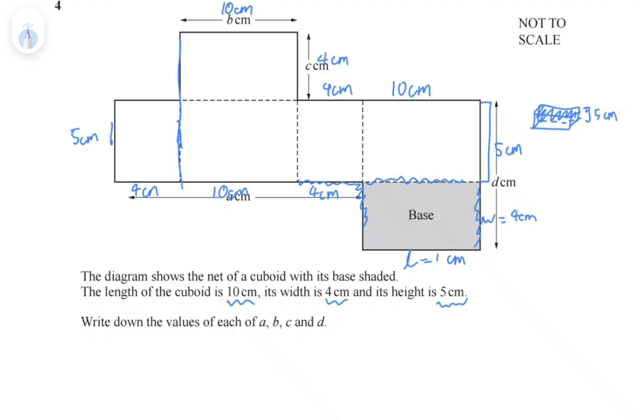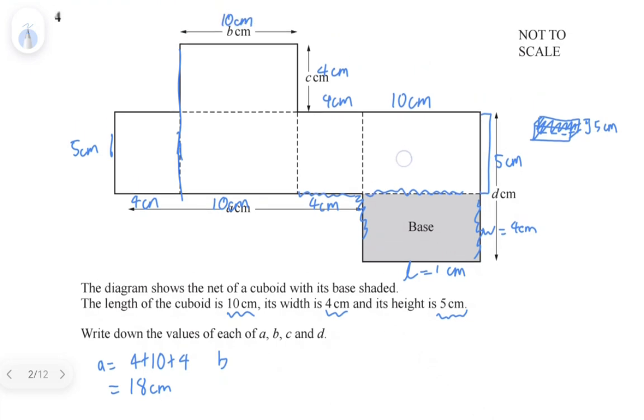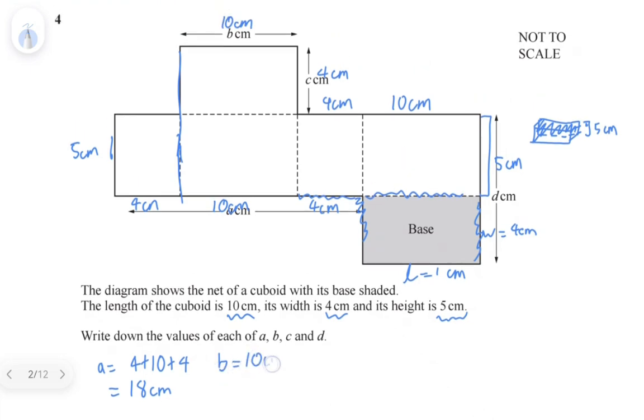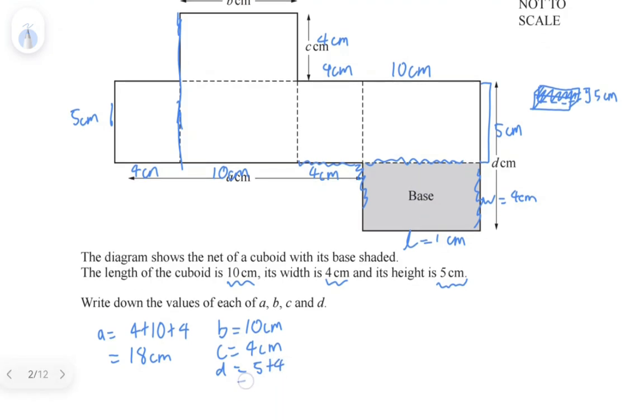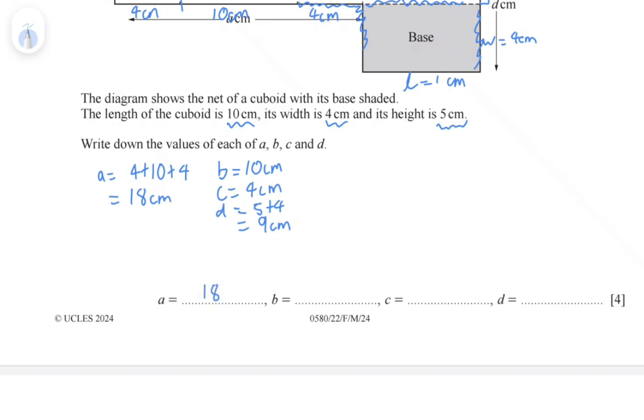So then looking at the values we need to find, we can first look at A, which we know is made up of 4 centimeters plus 10 centimeters plus 4 centimeters, giving us a total of 18 centimeters. Then looking on to B, we can tell that B is equal to 10 centimeters, as it is the same length as down here. We know that C is 4 centimeters, and D is 5 plus 4, which is equal to 9 centimeters. So that gives us the final answer of A being 18, B being 10, C equals 4, and